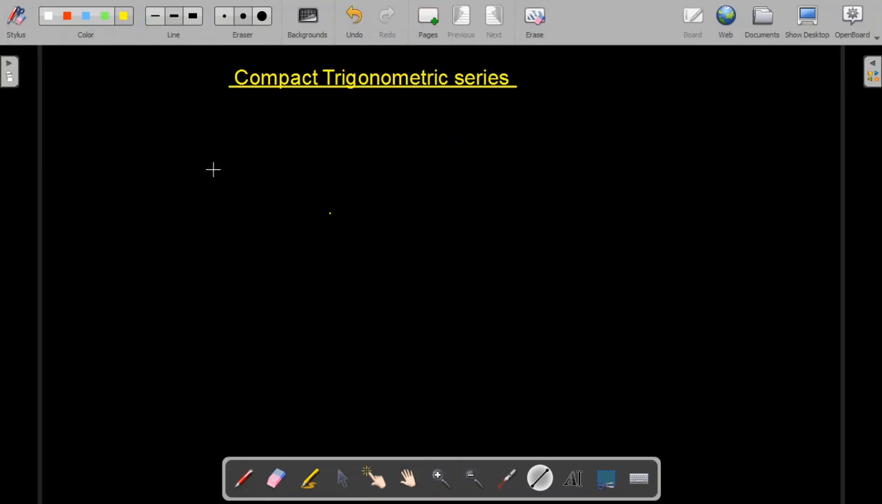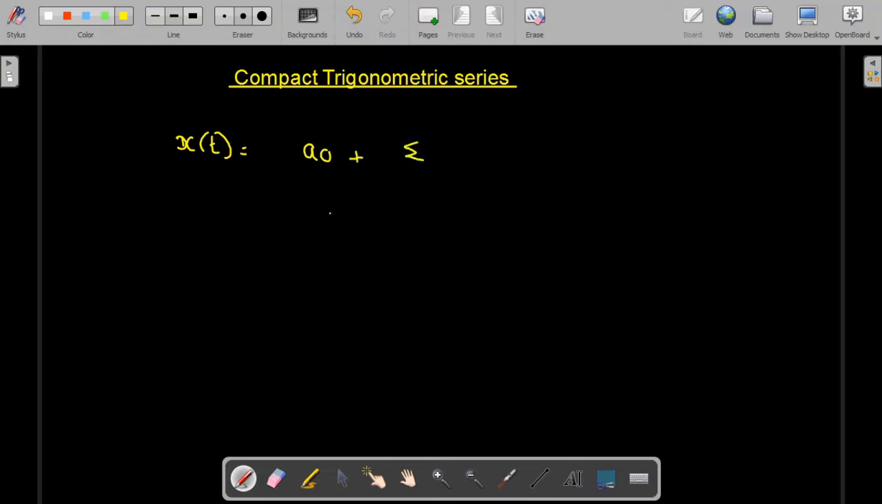In this lecture, we are going to study the compact trigonometric series, which is basically a derivation from the trigonometric series. Now we know that in a trigonometric Fourier series expansion, if we have a function or a signal x of t, then it was represented as a naught, where a naught was the DC or the average value of the signal,